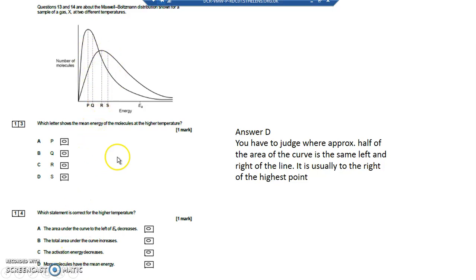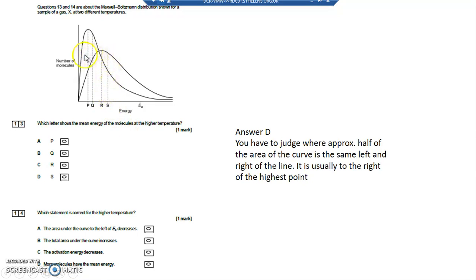The activation energy decreases? No, the activation energy is the same. What actually happens is at a higher temperature, more particles have the activation energy, and therefore are more likely to have successful collisions. More molecules have the mean energy? No, in actual fact, the mean energy for S, for the higher